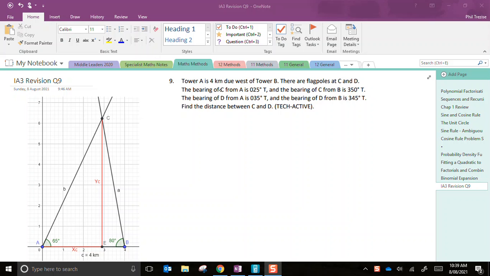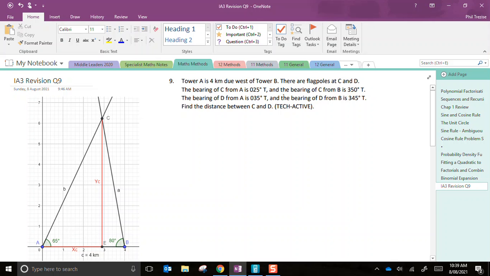The bearing of C from A is 025 degrees true. So at point A, I have to imagine myself standing at point A. Due north would be looking up the y-axis, and 25 degrees true means 25 degrees towards the east, so this angle is 25. That gives me a 65 degree angle down here compared to the x-axis. That's the important one because that's the internal angle of a triangle. Then I just draw a line running off in that direction into the